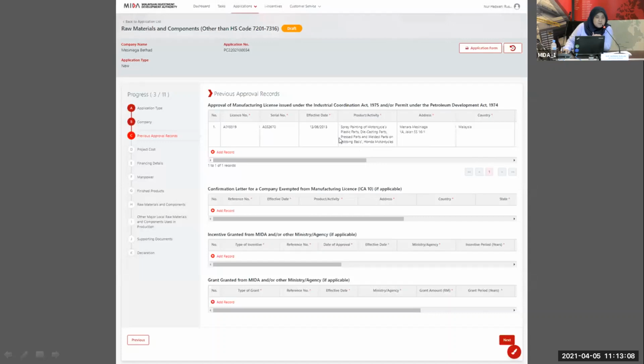Okay, the product that you entered here will be populated and used throughout your application, meaning throughout the remaining sections. So the factory location and the product will be populated from here. So again, spend some time to make sure that your location is correct, your product is correct, your license is correct, because this information will be used throughout the application form, meaning the remaining sections.